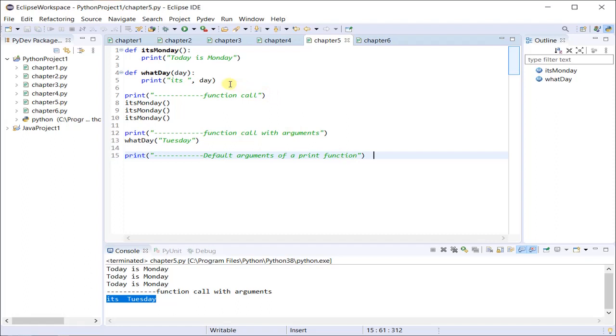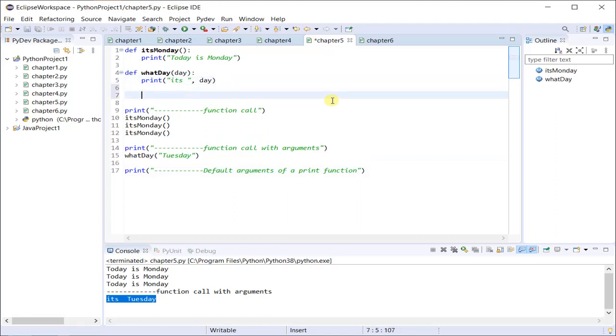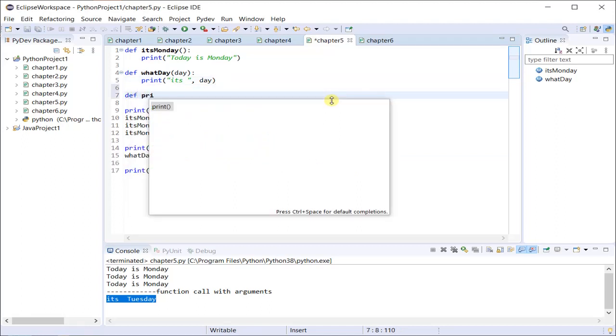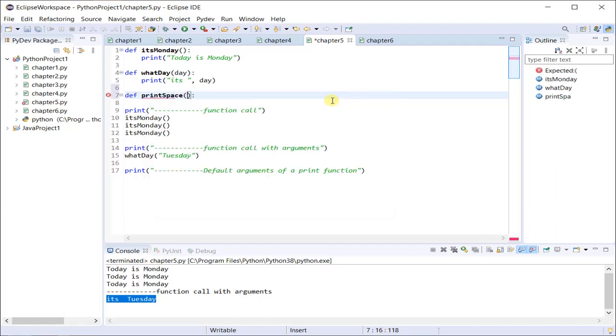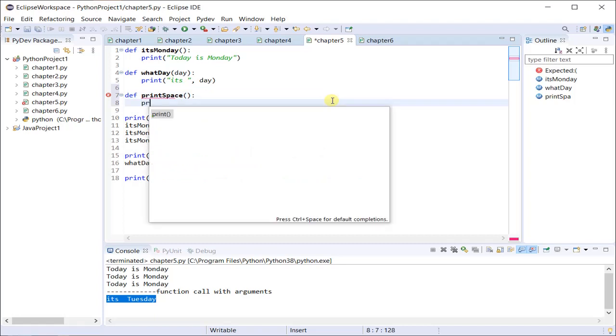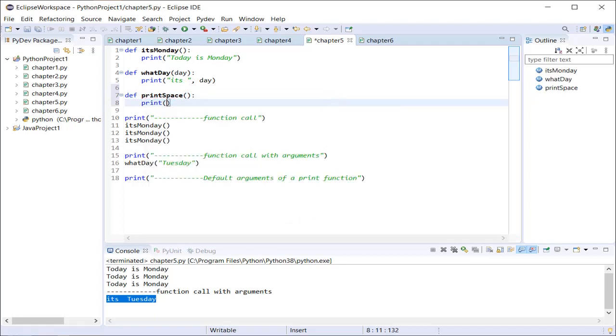Till now, whatever functions we have seen in Python also have some default arguments in them. For example, let's take the print statement. Let's create another function called print space. Here I will print some text: Hello, Bob and Tom, all separated with commas, and let me just call this function and execute it once.